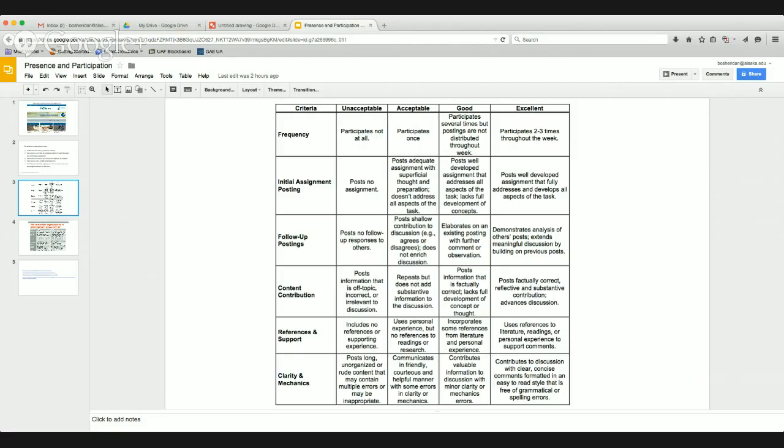Is this rubric available on the iTeach site or with the slideshow? Yeah, I'll put this slideshow on the Google Plus community for faculty development. For faculty development in general? Yeah, I'll show it to you.